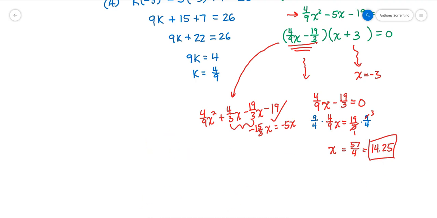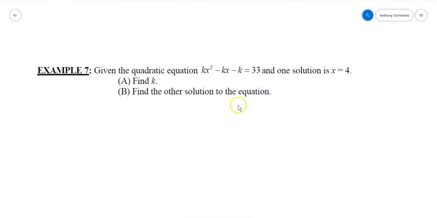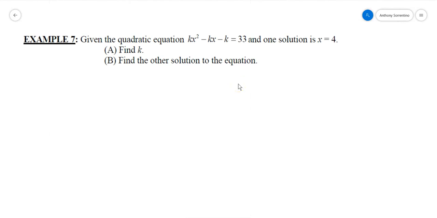Example 7 is a very similar one, except now it has many more k's involved. You're given a quadratic equation, which is kx squared minus kx minus k equaling 33, and one solution is 4. They want you to find k and then find the other solution. So again, for part A,